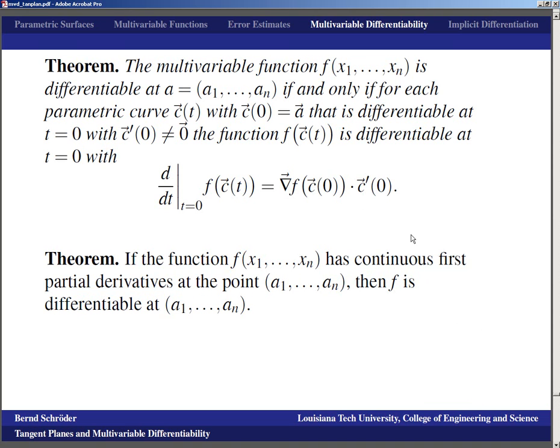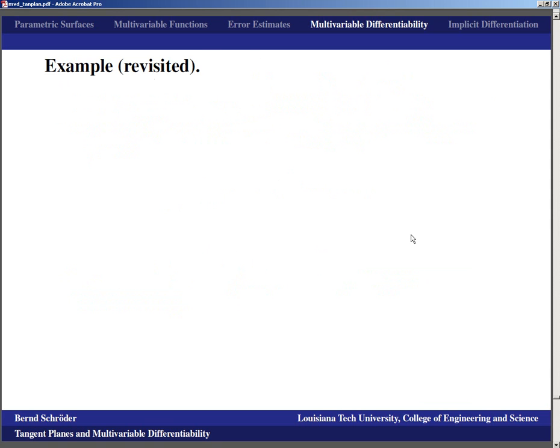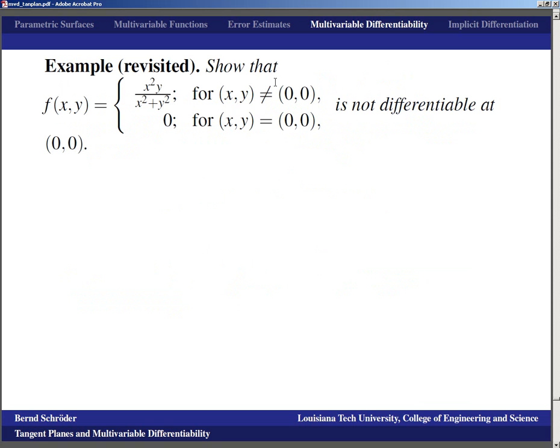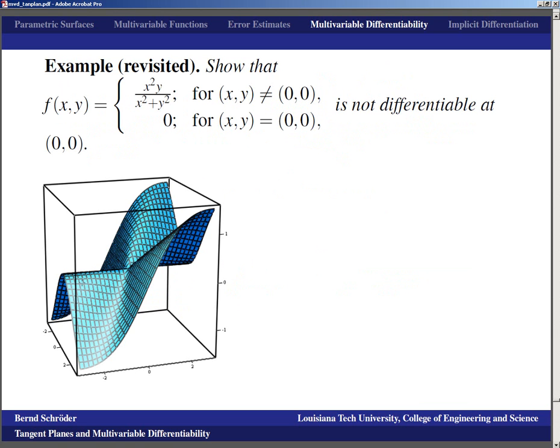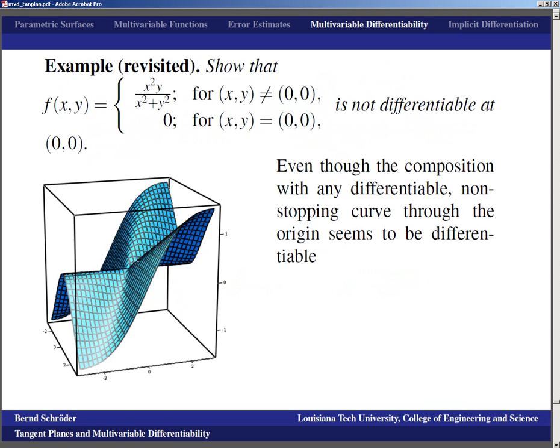Now let's take a look at this geometrically one more time. Revisit the example of this butterfly-shaped function. We want to show that this function is not differentiable at the origin. Well, here is the image one more time. And even though the composition with any differentiable non-stopping curve through the origin seems to be differentiable, and I've tried